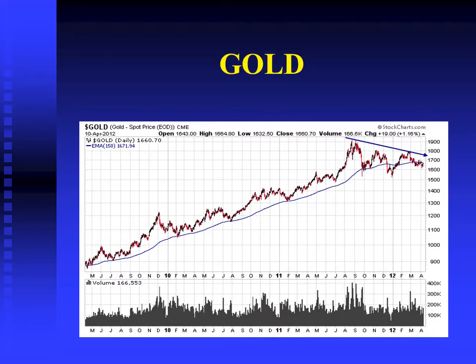This is the price of gold, and the point I would like to make is that this is the 150-day moving average, as you can see, has a nice upward trend and the price of gold stays above. But beginning in the middle of 2011, even the price of gold started declining, responding to the weakness of the economy. My view is that gold is a commodity, so you should treat it as a commodity.